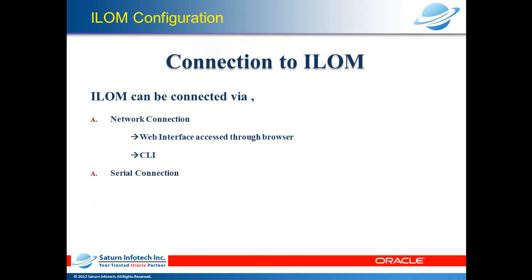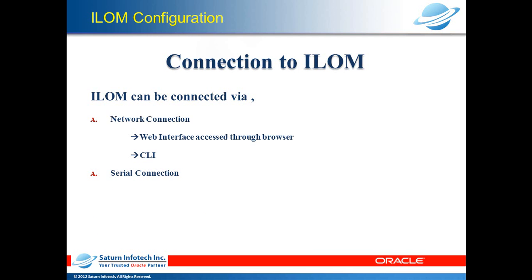ILOM can be connected via network connection or serial connection. If you connect through a network connection, you can also have access through a browser, a nicely done web interface,